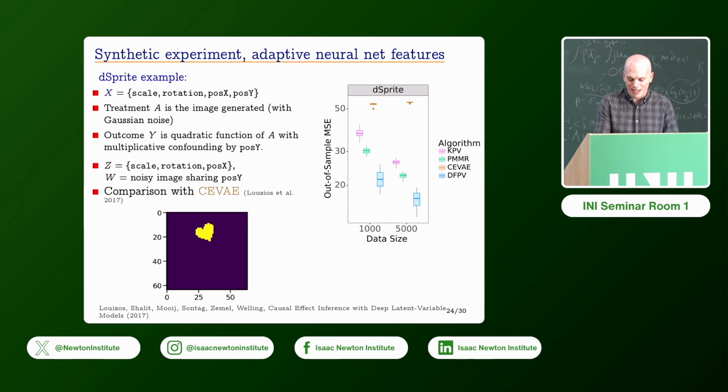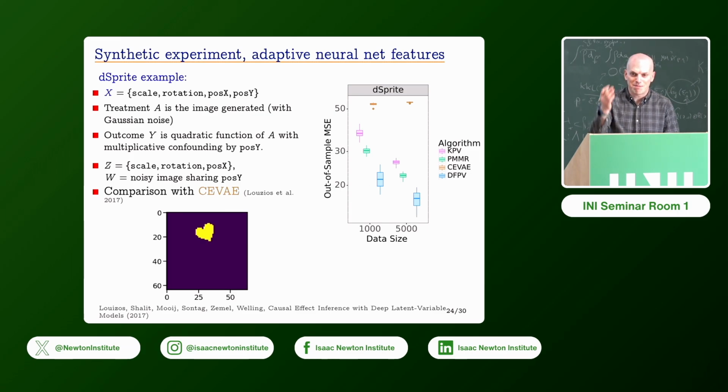It's the scale, rotation, and position of some sprite. But then the treatment is in fact the sprite generated with those parameters. So the treatment is now an image, it's high dimensional. And Y is a scalar, but it's a complicated function of this image with multiplicative confounding